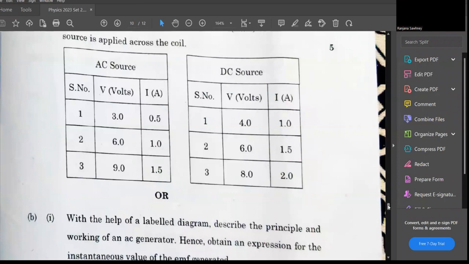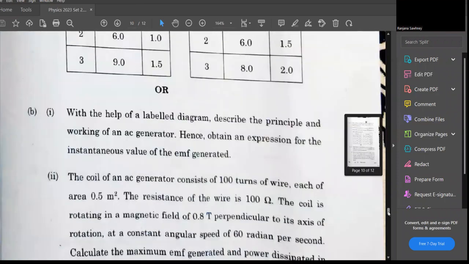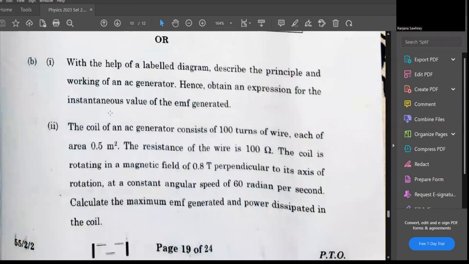The choice part is, with the help of a labelled diagram, describe the principle and working of an AC generator. The principle is electromagnetic induction, and for the working, you have to draw the diagram and then explain it. And obtain the expression for the instantaneous value. The instantaneous value is E naught sine omega t, where E naught is the peak value, which is equal to